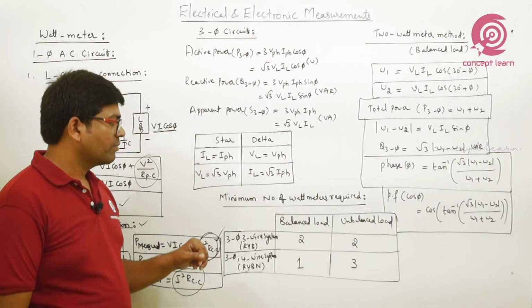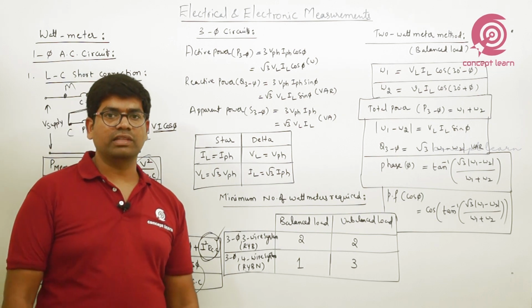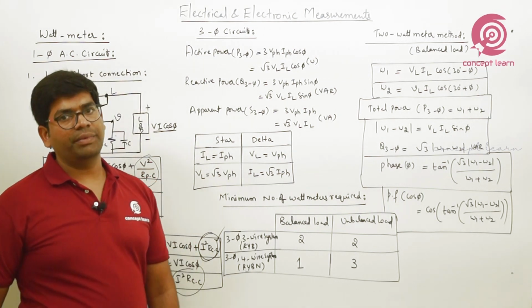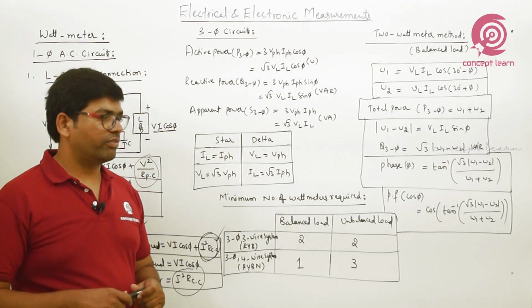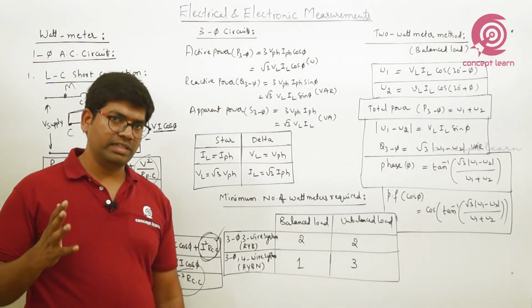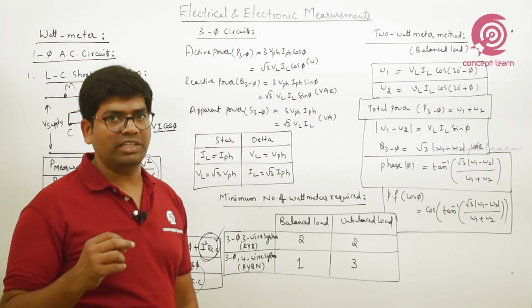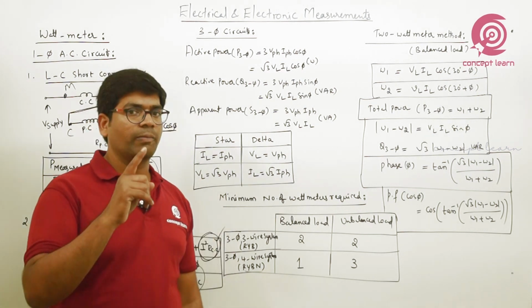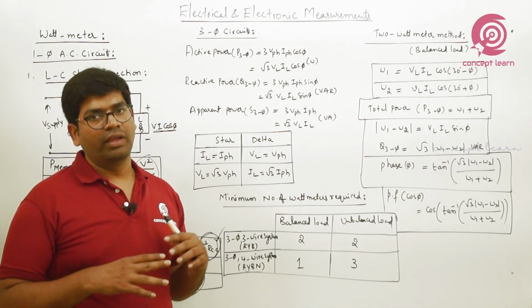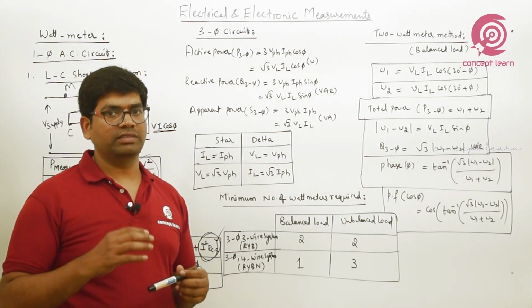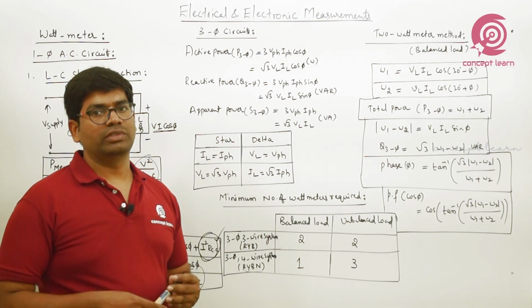And then if you follow three phase circuits, what is the minimum number of wattmeters required to measure the total power in three phase? We can categorize a three phase system into two ways based on the number of conductors. One is the three phase three wire system, meaning only the RYB concept. Another is three phase four wire, meaning RYB and the neutral is also present.